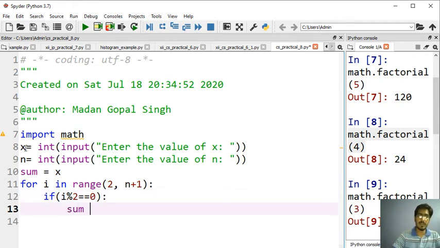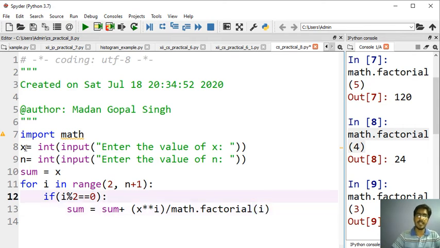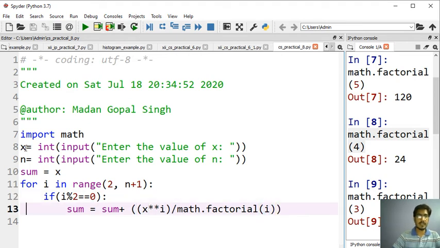In that case I am going to add: sum plus x double star I to calculate the power of x, then divide it with math dot factorial, and I will pass the I here. So this is our logic. Wrap it in some brackets so that there is no issue of operator associativity.